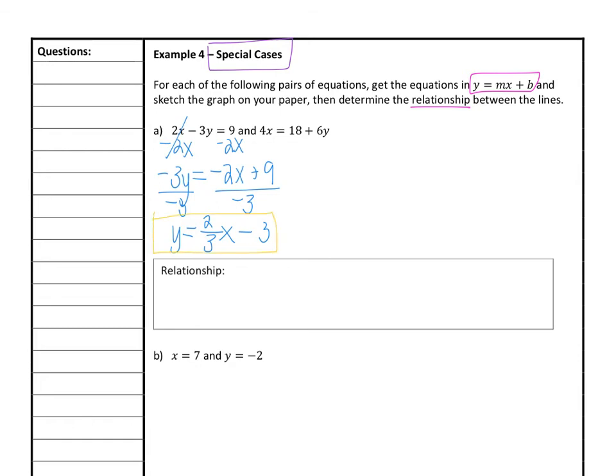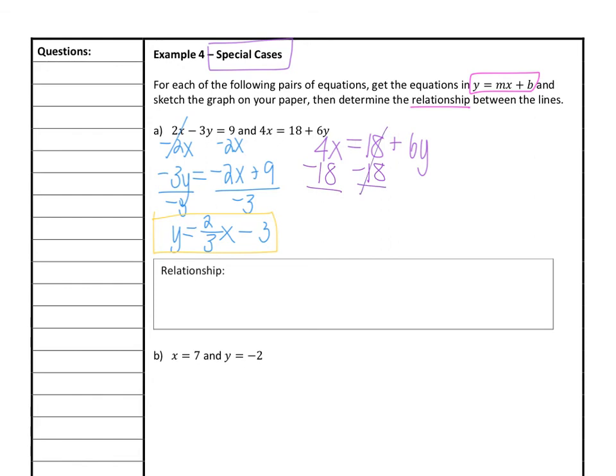Now let's take a look at that second equation. I'm going to copy it over here so I have a little bit more room. 4x equals 18 plus 6y. Now, you have a choice here. You can either take this 18 and just move it to the 4x side, because then y would be alone, or if you're someone that really likes to see the y's on the left-hand side, you can move the 6y over here, then move the 4x over here. Totally up to you. I'm going to take the route of just moving this 18 over,